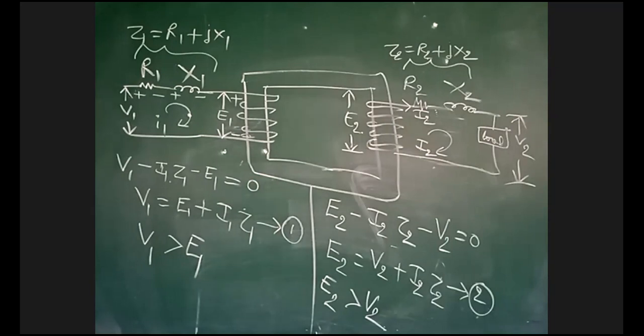Okay. Now we'll go for the next step. I don't want to represent the secondary winding. I want to convert R2 X2 also in the primary winding only. Now I want only single winding. I don't want two windings. For simplification purpose, instead of two parameters, Z1 and Z2, I want only one parameter, Z2 also in terms of Z1. See how we'll convert that.